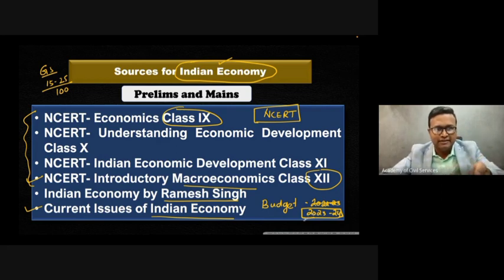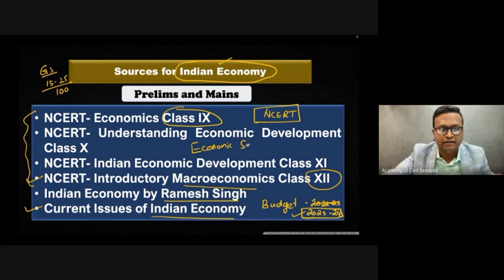Then the nearest budget just before the examination will be the budget 2023-2024. Again, along with the budget, you have another document named the Economic Survey of India. One of the two most important documents of current affairs are the budget of the year and the economic survey of the year. If you are analyzing the previous year question papers from the subject Indian economy, you can understand one